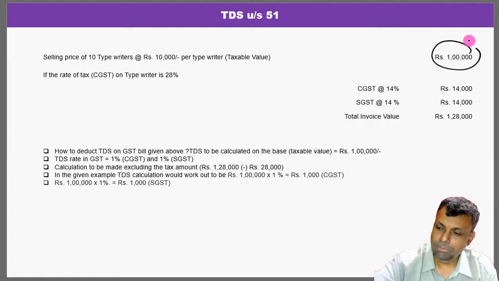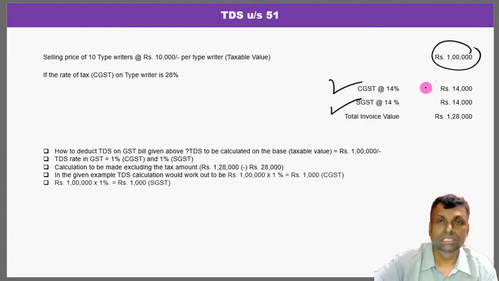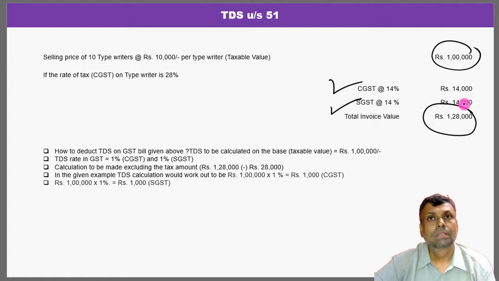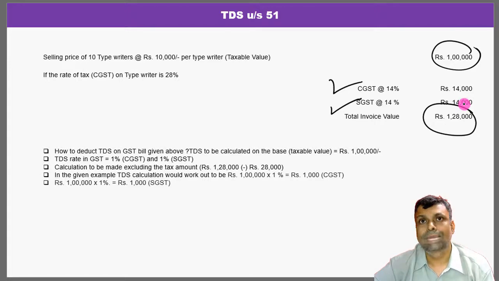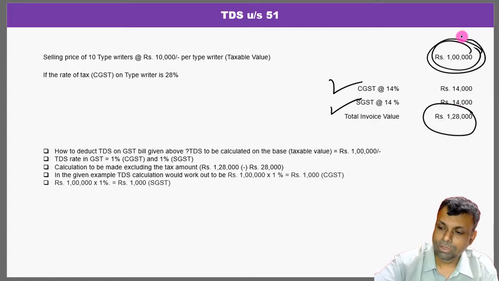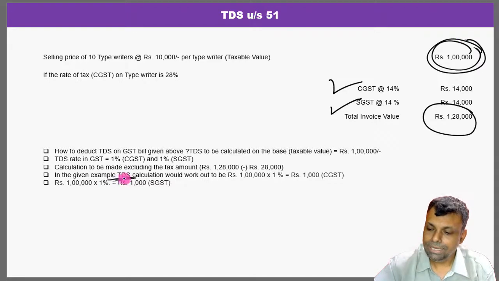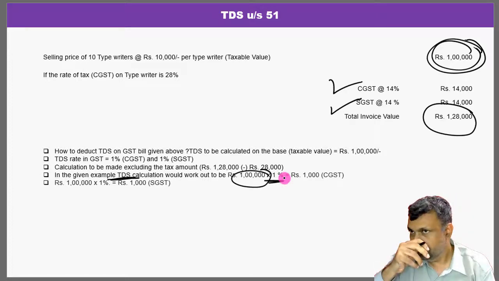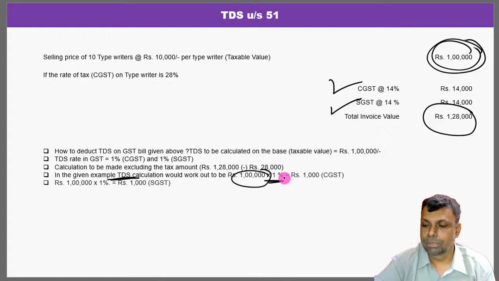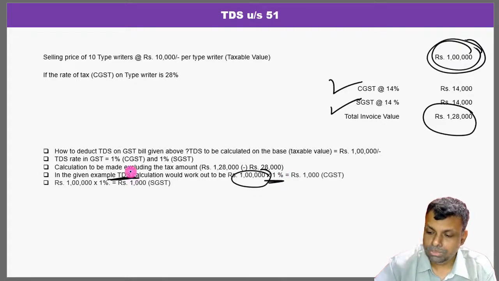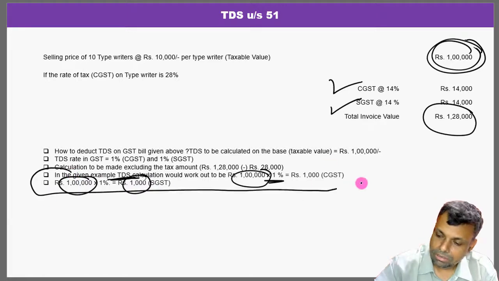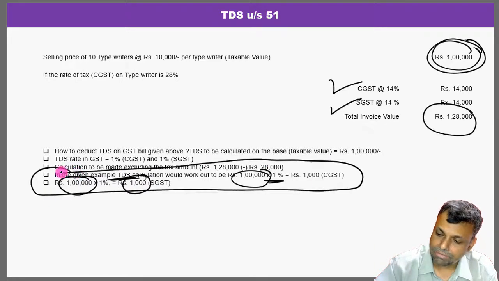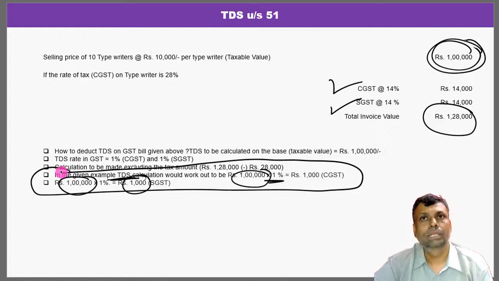But supposing your bill amount was 1 lakh rupees, plus CGST, SGST, this is your total bill amount. Now supposing on this particular one, if you have to calculate the TDS figures, you will calculate only on 1 lakh rupees. So if the tax is to be deducted, it will be 1 lakh rupees multiplied by 1% as the case may be. So it depends on whether it is CGST, SGST as the case may be. But whatever the TDS provisions are to be applied, it is always on the value which is exclusive of the taxes, and this is how it has to be understood.